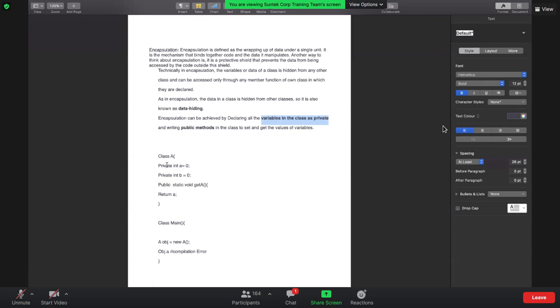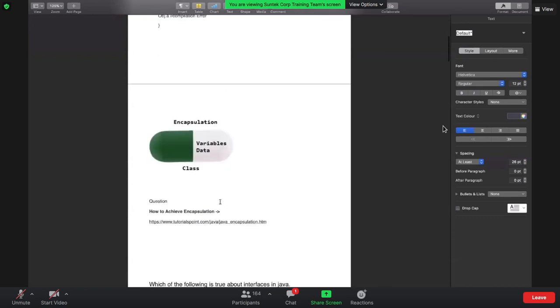So we are not allowing other classes to access the variables directly, but we are giving functions with which you can get the values and set the values as well.